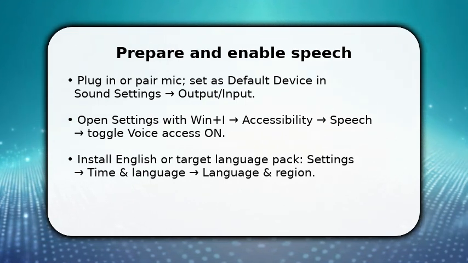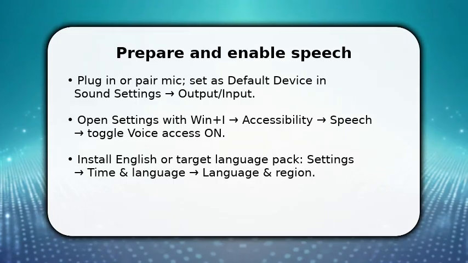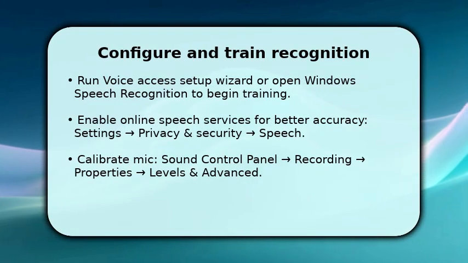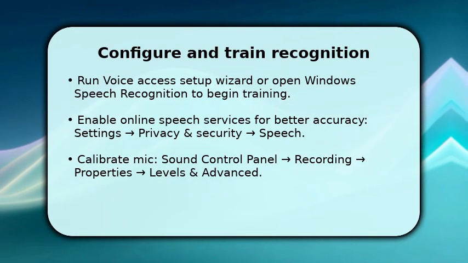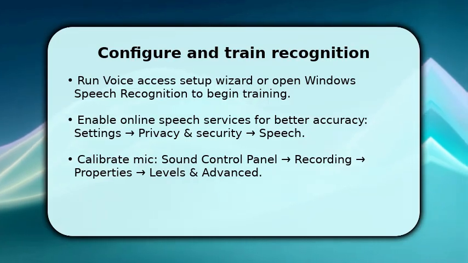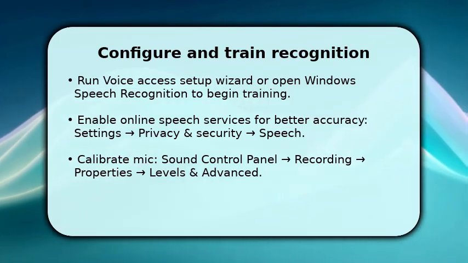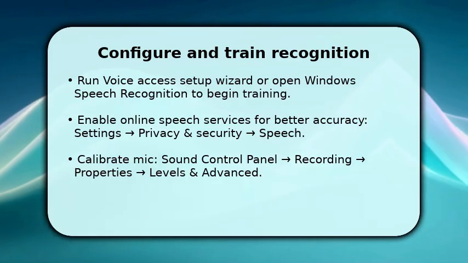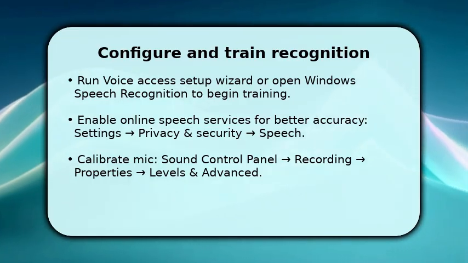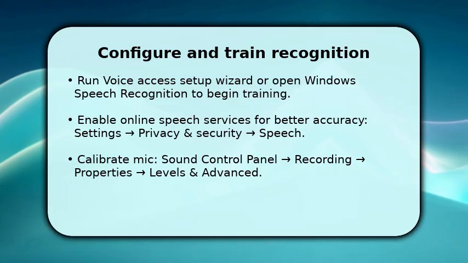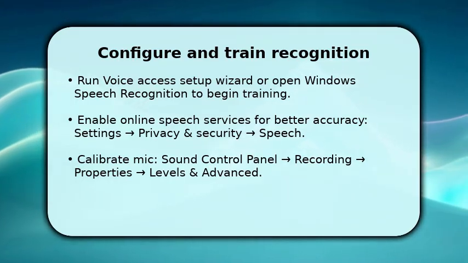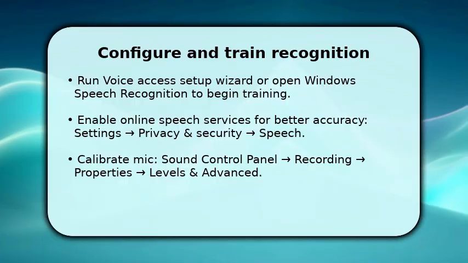Now you configure the recognition engine and improve accuracy. First, run the voice access setup wizard or Windows Speech Recognition and follow the prompts to train the model with your voice. Training reduces errors. Make sure online speech services are enabled under Privacy and Security > Speech to use cloud models for harder words. Next, calibrate the microphone in Sound Control Panel by adjusting levels and sample rate, because a clean input signal